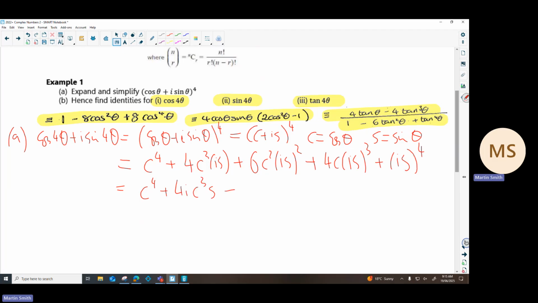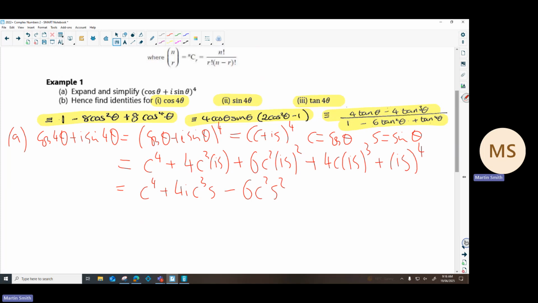Now the next term is as follows. I have got is in brackets squared. When you expand that bracket, you'll get i squared s squared, and i squared is minus 1. So this next term is 6 times c squared times minus s squared, which gives you minus 6c squared s